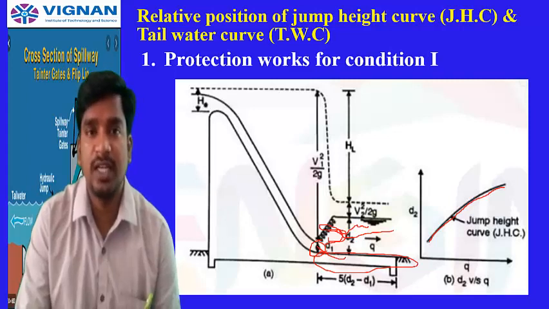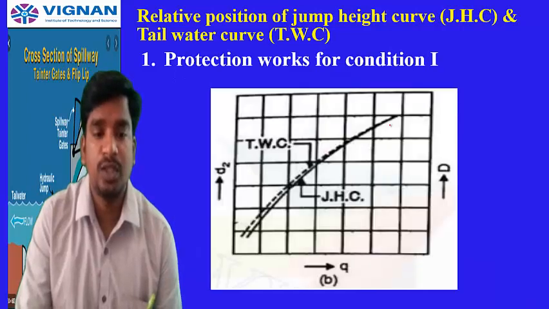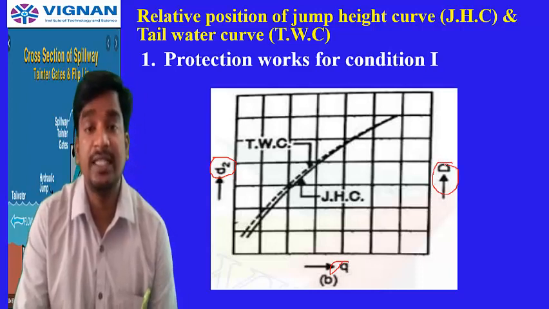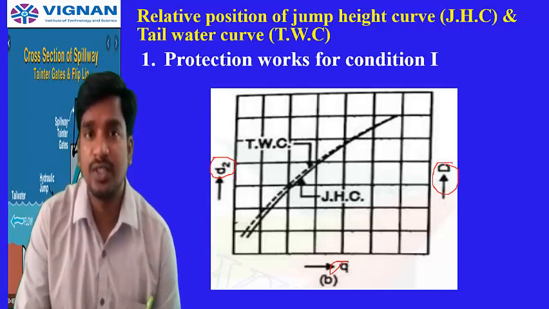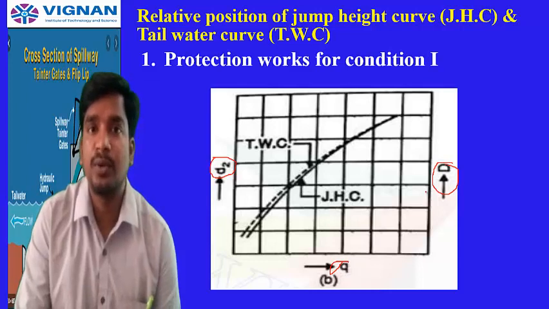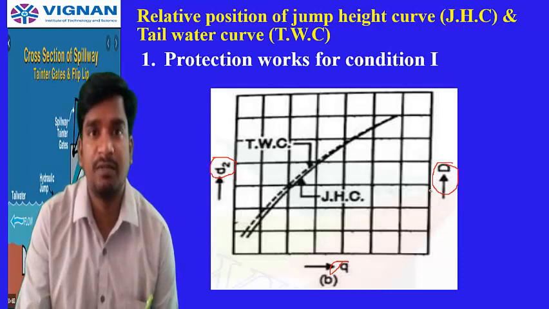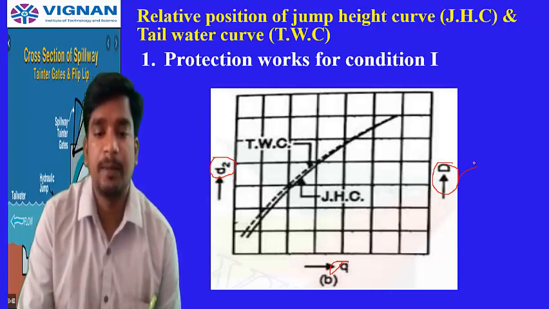So this is our first condition and the controlling measures we need to take. This is the picture. Both the curves are coinciding with each other. Here you can see this is the tailwater depth and this is the discharge Q, and this is the capital D, which is collected at some control station. The depth of water can be calculated at the control station, from gauges or some other ways we have to calculate this D.